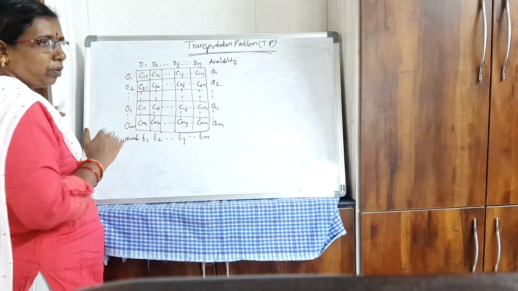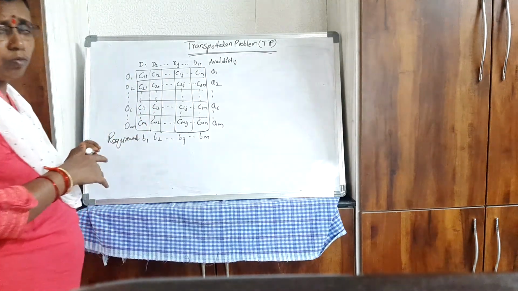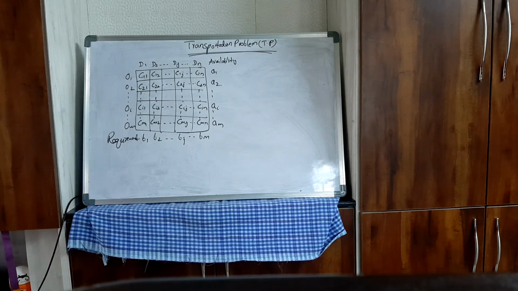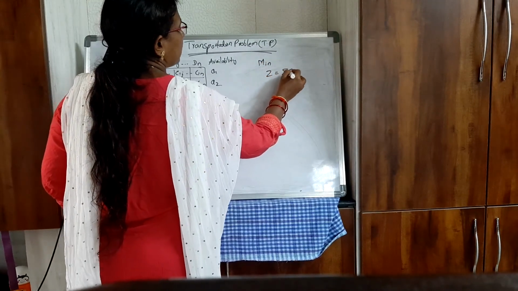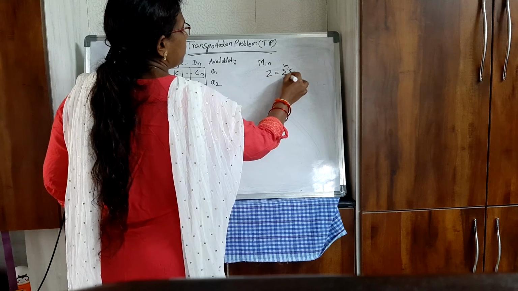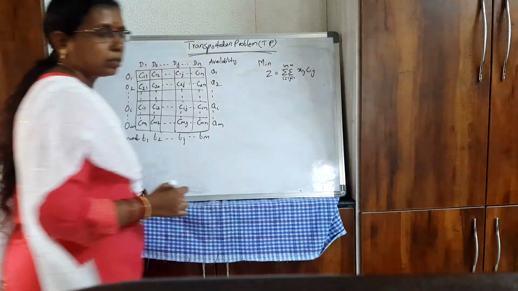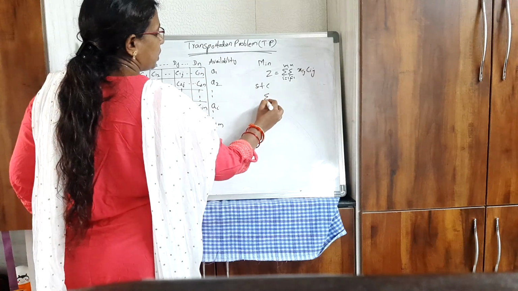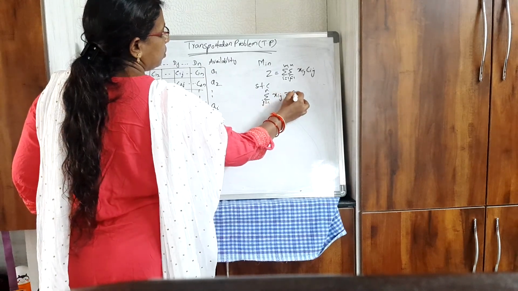To find that you have different methods. First we will write the LPP form of this. How to write the LPP form of this? I told you, this is a minimization type of problem, because we are trying to minimize the cost. So minimize Z equals double summation over i from 1 to m, j from 1 to n, cij into xij, subject to the constraints, summation over j from 1 to n, xij equals ai.